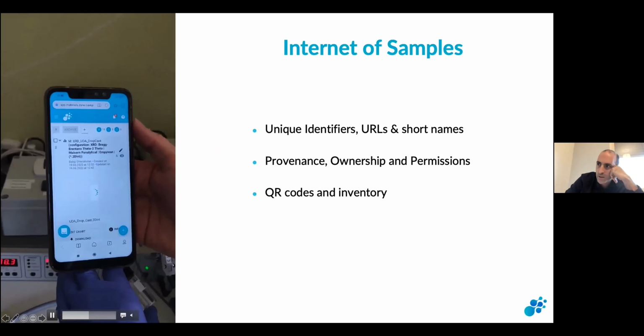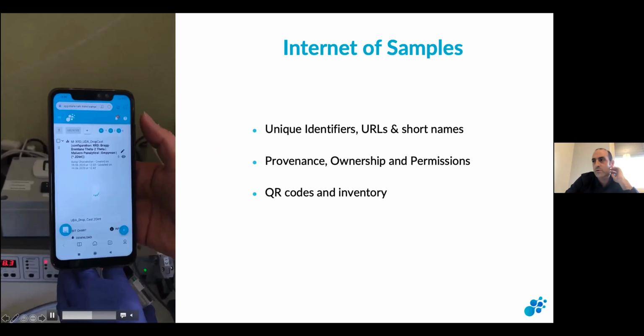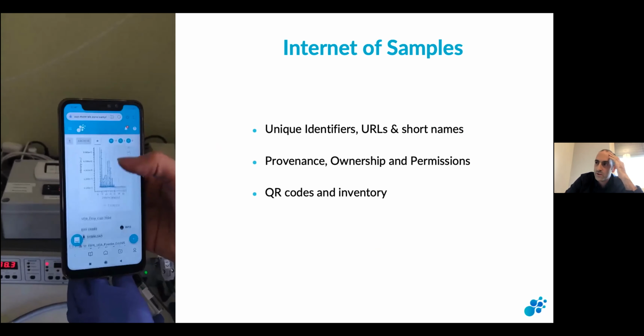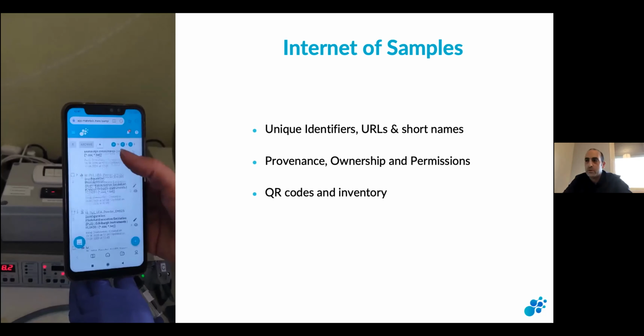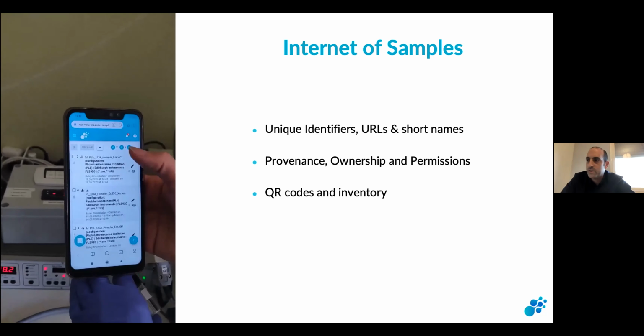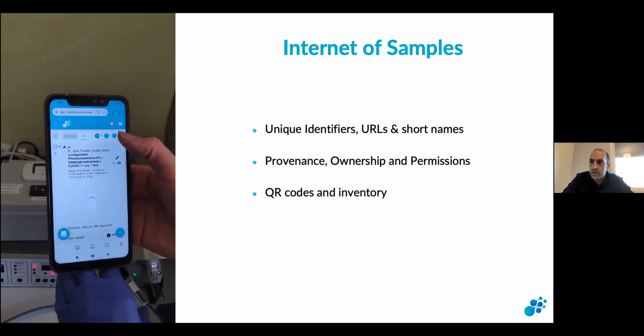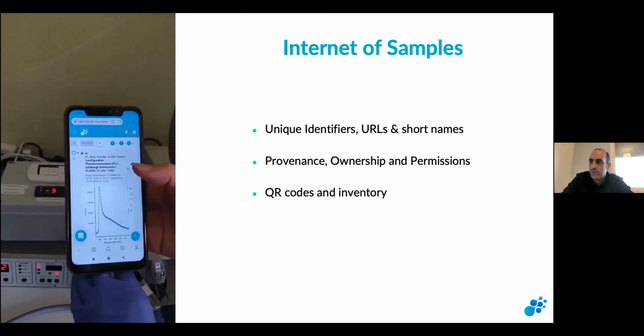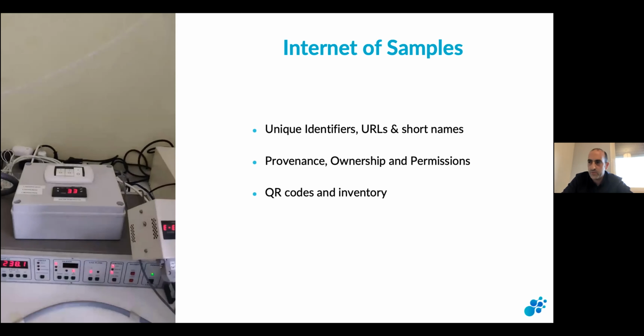You can use the camera to scan QR codes, and it immediately links you to the URL. If you have permission, you can log in to the specific sample or specific material that stands behind this identifier. And then you can quickly view all the data that was collected on this specific sample. If you have edit permissions, you can also edit it. And the platform constantly generates the provenance that is needed to track. If someone has made any changes, then everyone knows who is responsible for good and for bad.